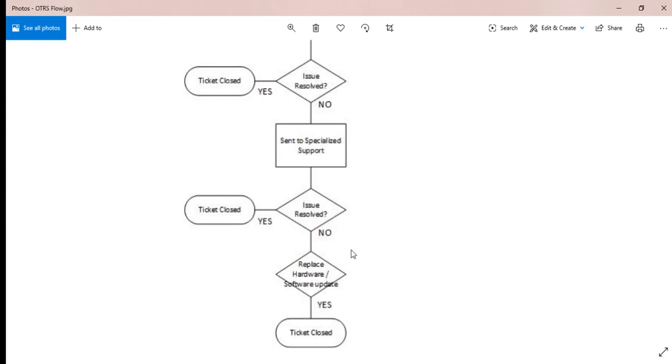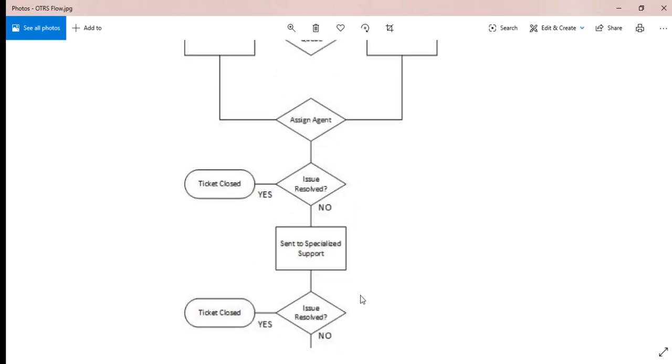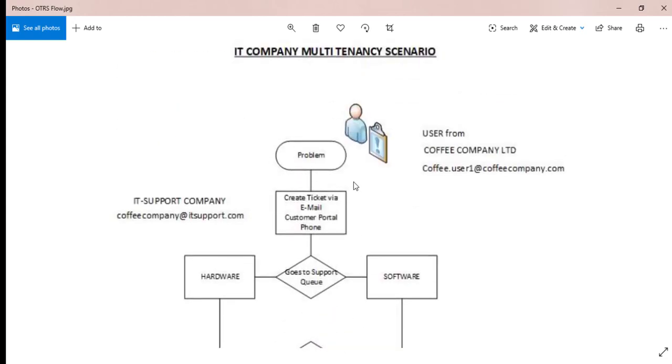If not, then the respective OEM will replace the hardware or software in case of IT support. Then finally our ticket is closed. So this is our scenario, and I'm going to implement it in our practical demo lab. So let's go ahead and check our practical demo lab.